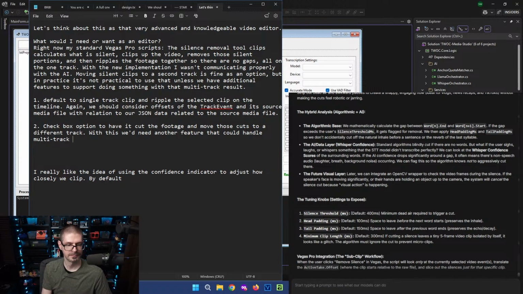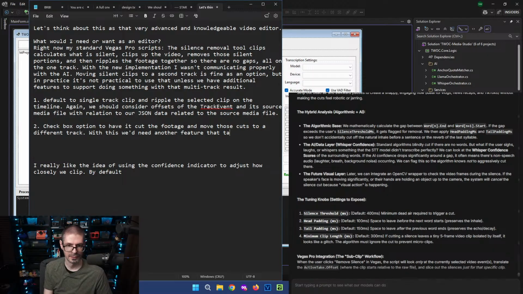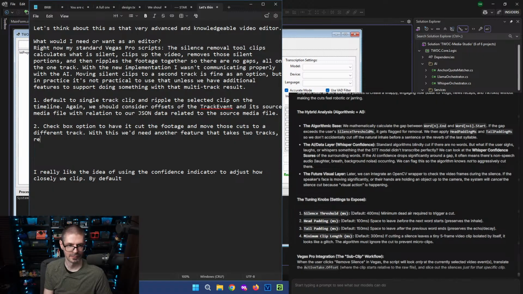Multi-track. I need another feature that it takes 2 tracks. I don't know if I mean, I could manually delete the 1 track if I didn't want it, and then also ripple.